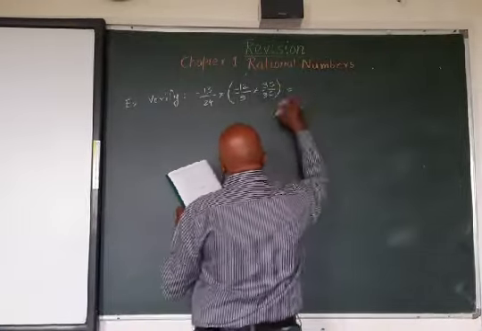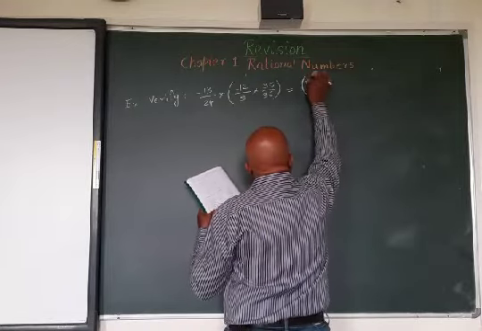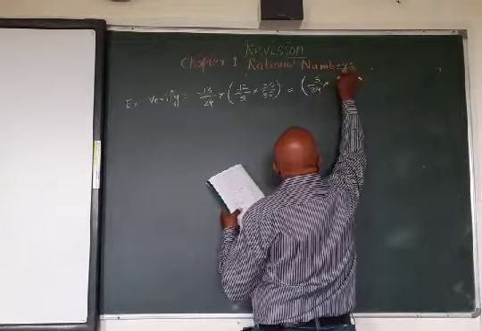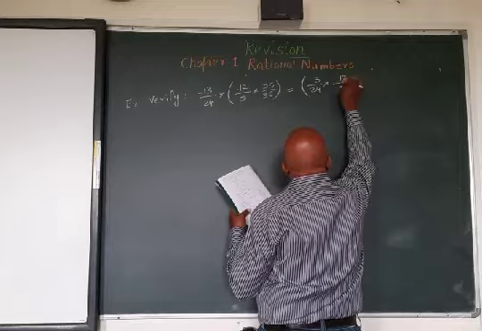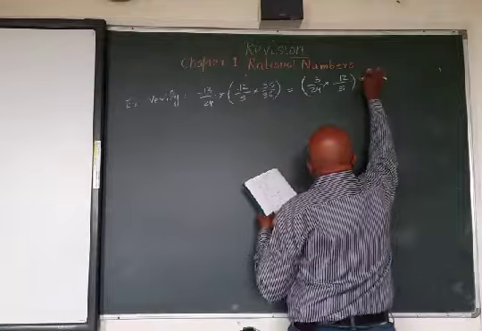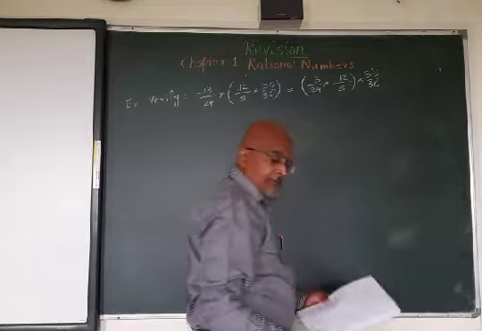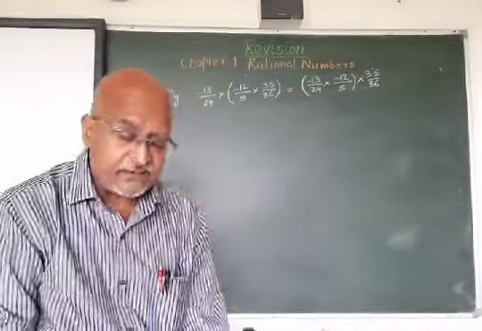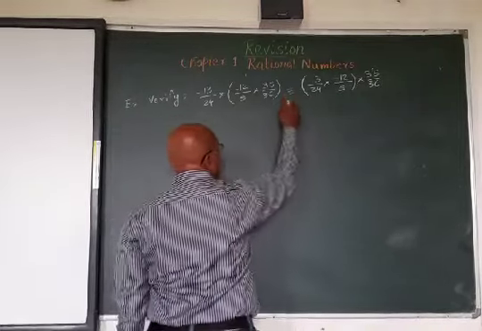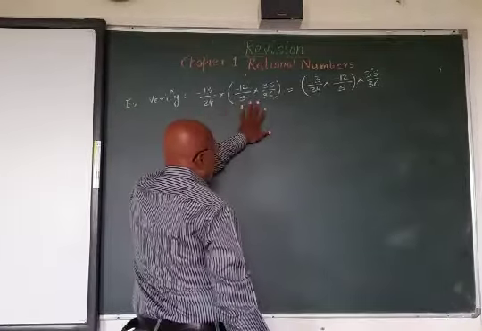is equal to, in bracket, minus 13 upon 24 multiplied by minus 12 upon 5, bracket close, multiplied by 35 upon 36. Now instead of writing LHS and RHS, we can go directly also, just keeping the equal to sign as it is. Now here first we have to solve the bracket.